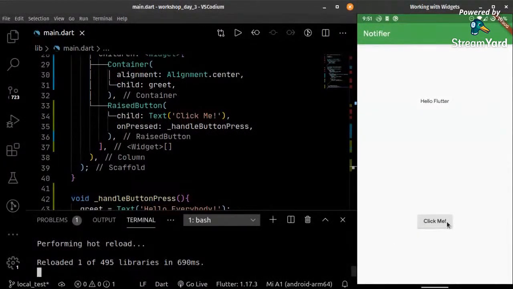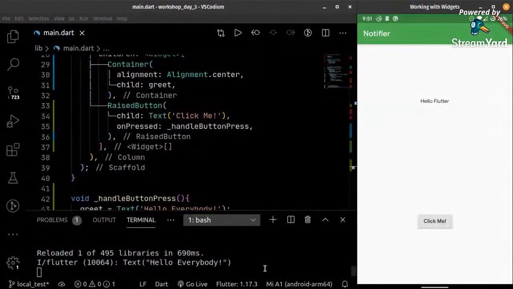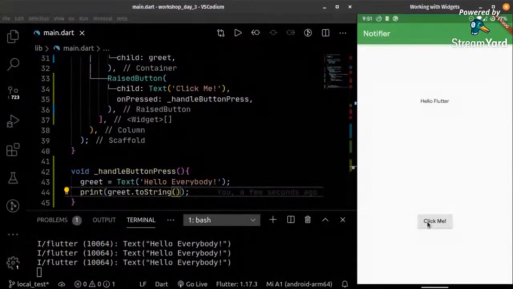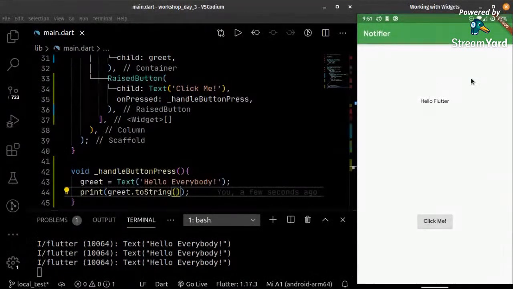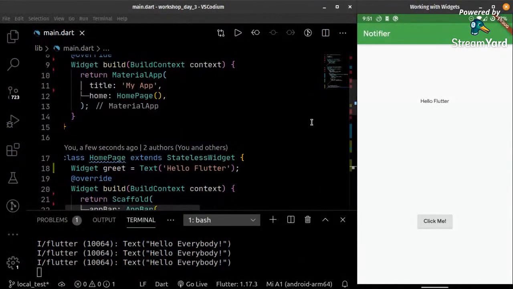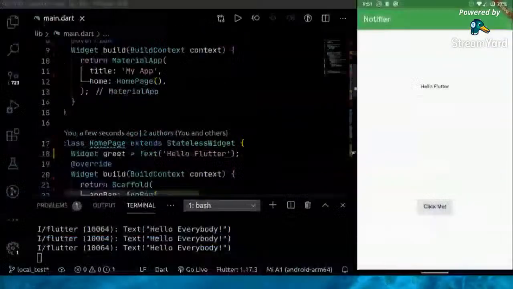As you can see, the greet variable is changing, right? But it is not being reflected in the UI. Now, why is that? Before we talk about the solution, let me discuss something about